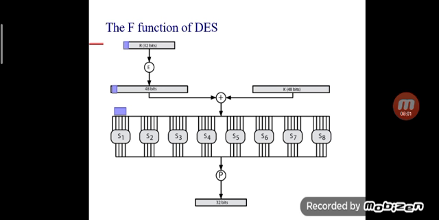Now we have the S box. In S box we have 8 small S boxes. So the input of each S box is of 6 bits and output is of 4 bits. Okay, so here if we multiply 6 by 8, our input is of 48 bits, and if we multiply 4 by 8, that is 32. So we got the output of 32 bits. So by using the function F in DES and by using the S boxes, we can get the output of 32 bits.